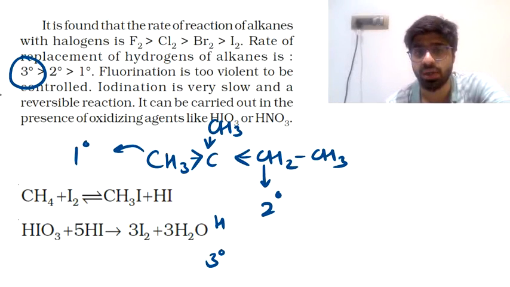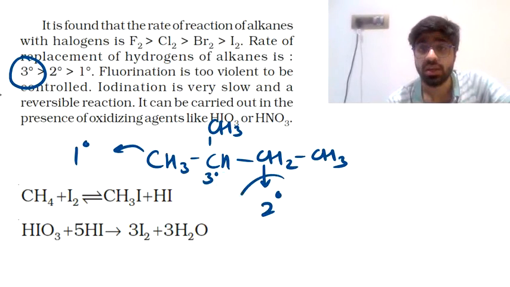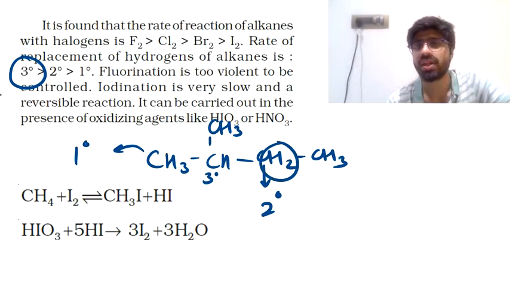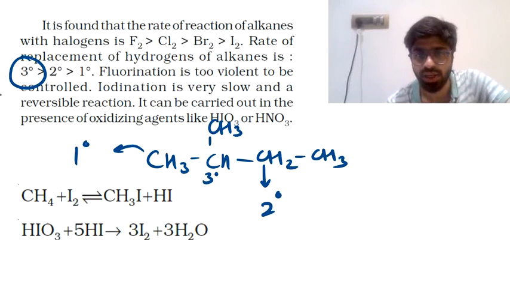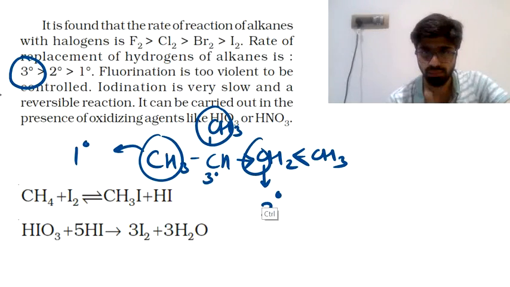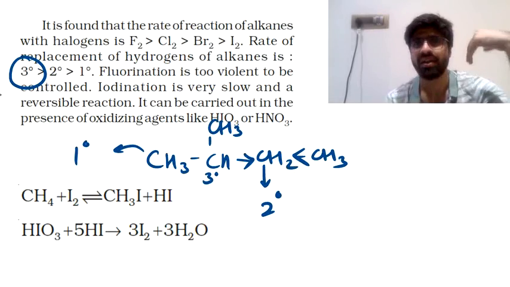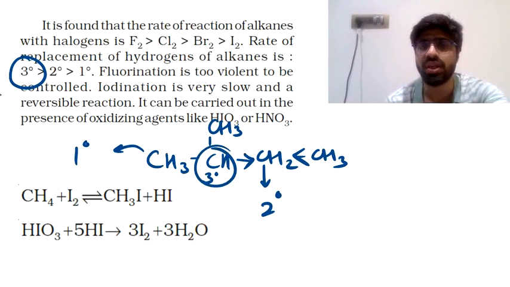What happens with a secondary hydrogen atom? Let's check. So this was a tertiary carbon atom. The hydrogen atom with it is what we call a tertiary hydrogen atom. Here's a secondary carbon atom. The hydrogen atom with it is what we will call a secondary hydrogen atom. This carbon atom is facing a push, the inductive effect, only from 2 carbon atoms, which is lesser than 3 carbon atoms as compared to this. So because this carbon atom is having a push only from 2 carbon atoms, the hydrogen atom of this carbon atom can come out, but not as easily as a tertiary hydrogen atom.